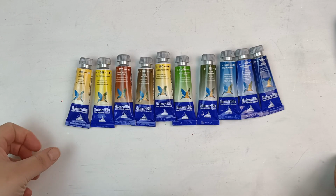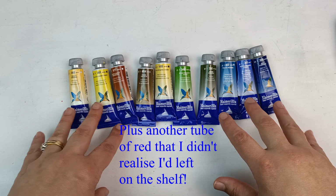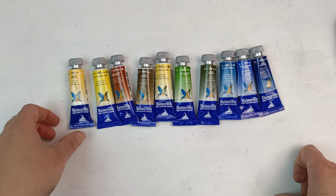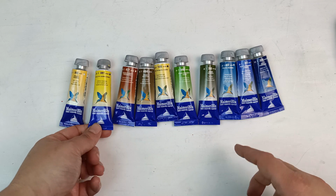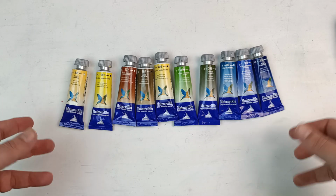Maimeri Blue, or is that Maimeri Blue? I never know. This is all I have in this brand of paints. They were on clearance at my local art store, because since then they've changed all of their packaging and quite possibly the formulation of the paints, but these were at least 30% off,